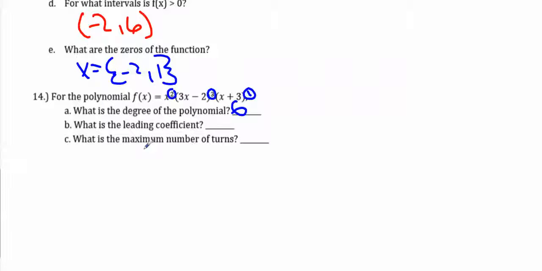You will get 27. Really, if you look right here, this is 1, 3 times 3 times 3, because that's a multiplicity of 3, that's 27. What is the maximum number of turns? That would be 1 less than the degree, so that's 5. And that wraps up page number